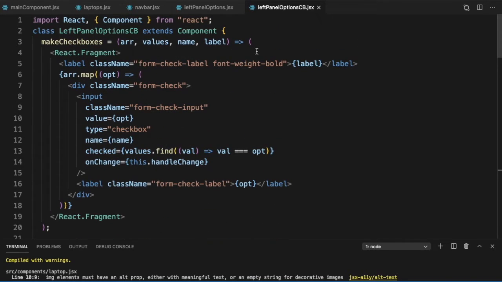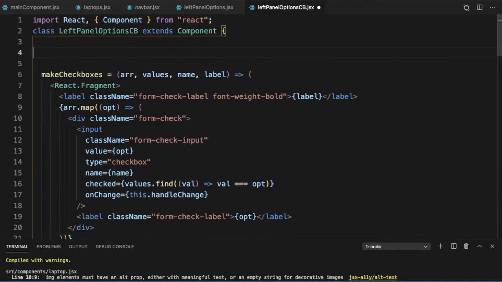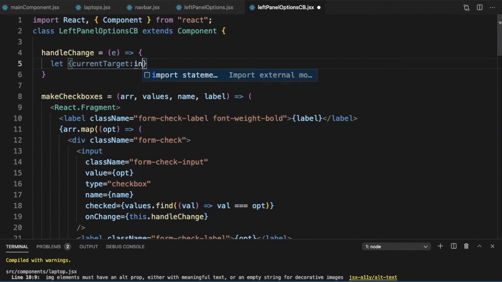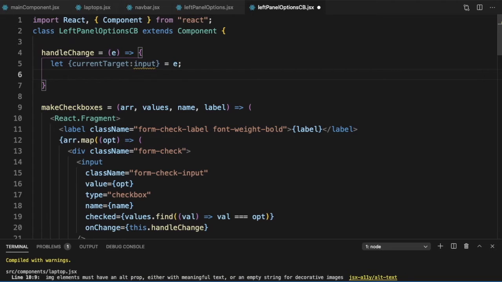Now we need to define our handle change. So let's say handle change is equal to event goes to, let's destructure it, current target input is equal to E. Let's make a copy also.